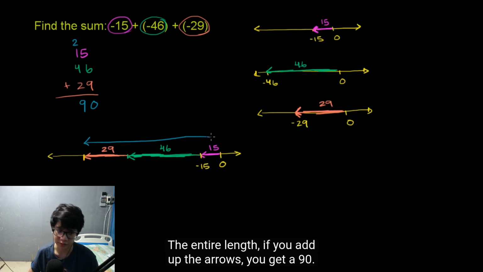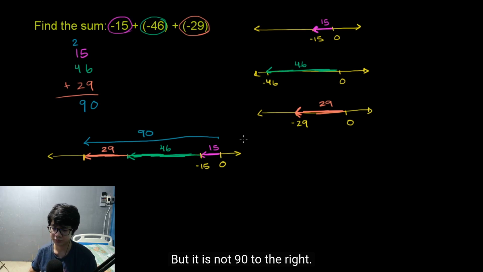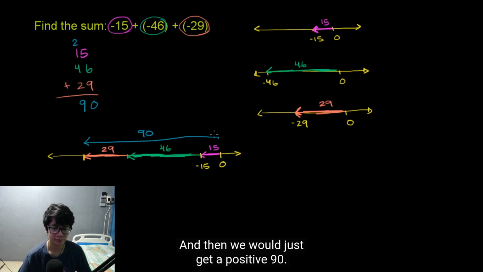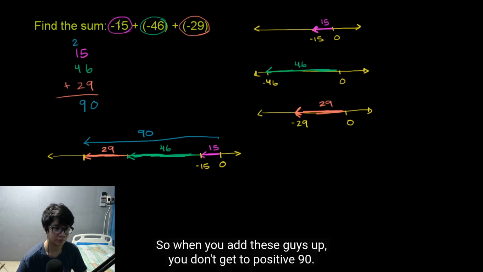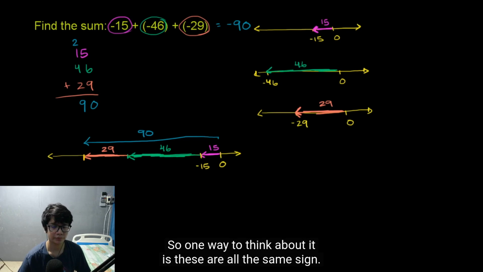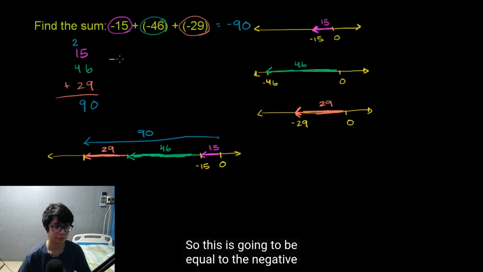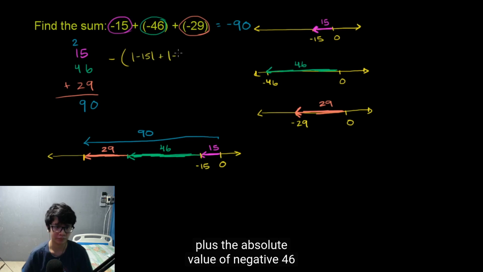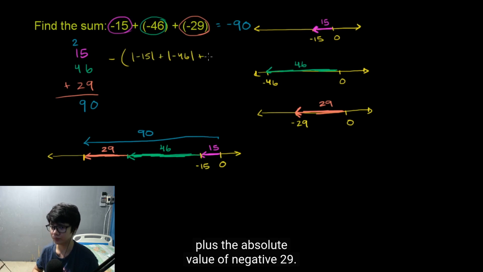The entire length, if you add up the arrows, is 90. But it is not 90 to the right. If it was 90 to the right, these would all be positives, and we would just get a positive 90. But this is 90 to the left. So when you add these guys up, you don't get to positive 90, you get to negative 90. One way to think about it is these are all the same sign. So this is going to be equal to the negative of the absolute value of negative 15,